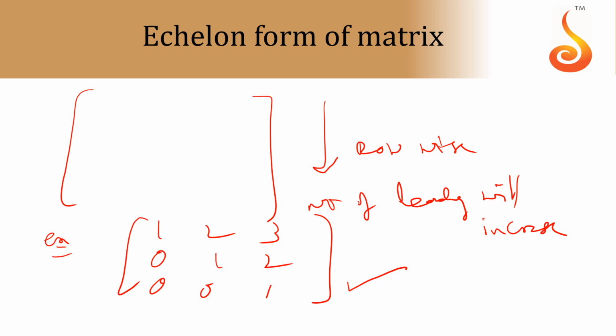Two rows can be interchanged. One row can be multiplied with a constant. One row can be added to k times another row. These are the 3 operations we can apply for rows or columns. These operations do not affect the rank of the matrix. So if you convert the given matrix into echelon form using row or column operations, the number of non-zero rows present in the echelon form is the rank of the matrix.